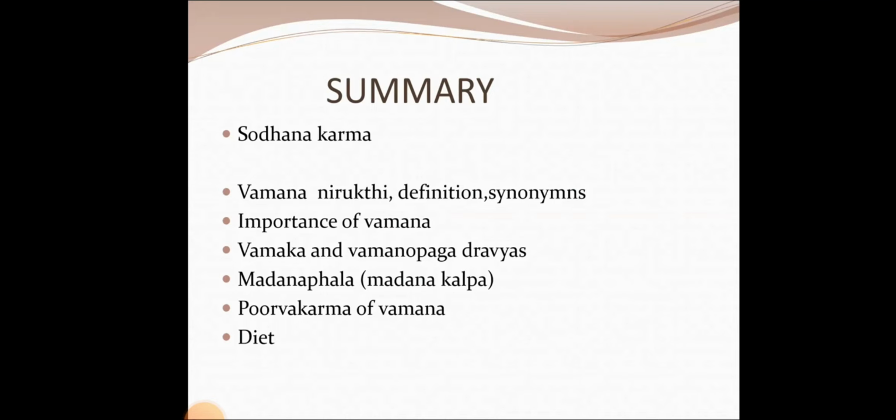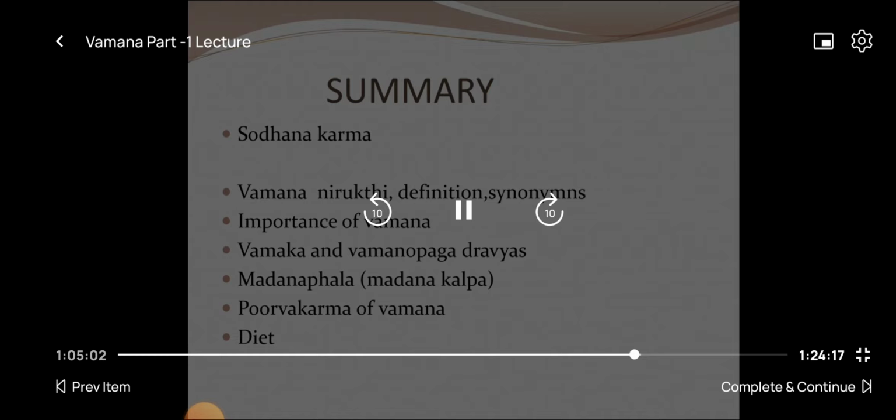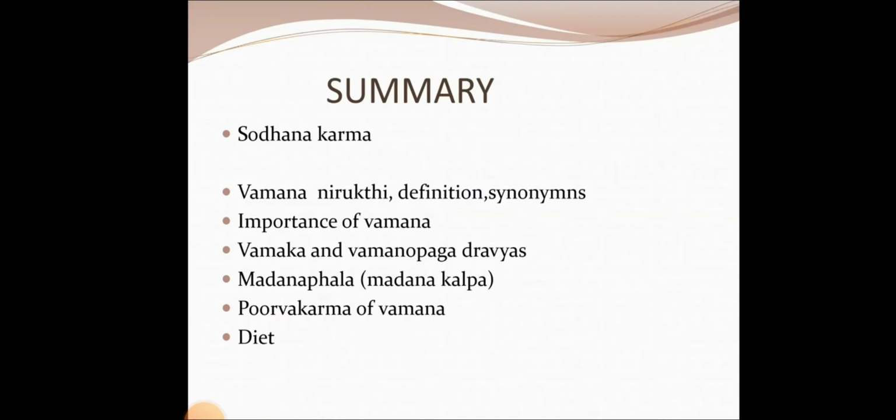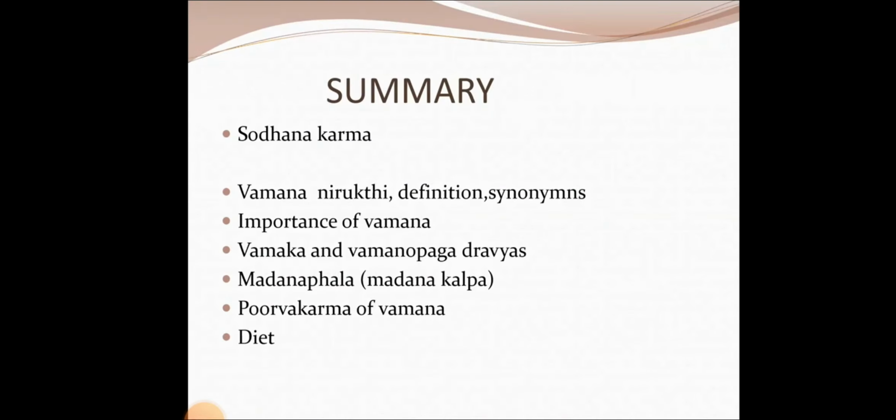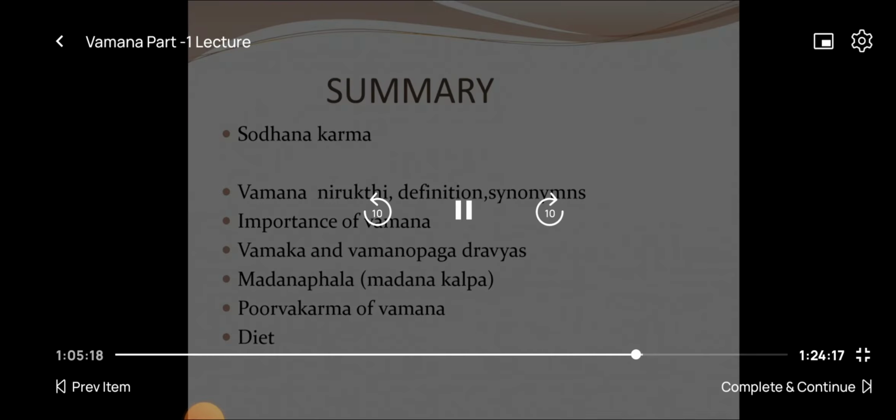Before that, I went through the Shodhana procedures. Then Vamana, Vamanopaga Dravya, its properties and actions, and mainly Madana Phala collection and preservation, and Purva Karma of Vamana, which includes Deepana, Pachana, Abhyantara Snehana, diet and so on. And in the next class, I will be dealing